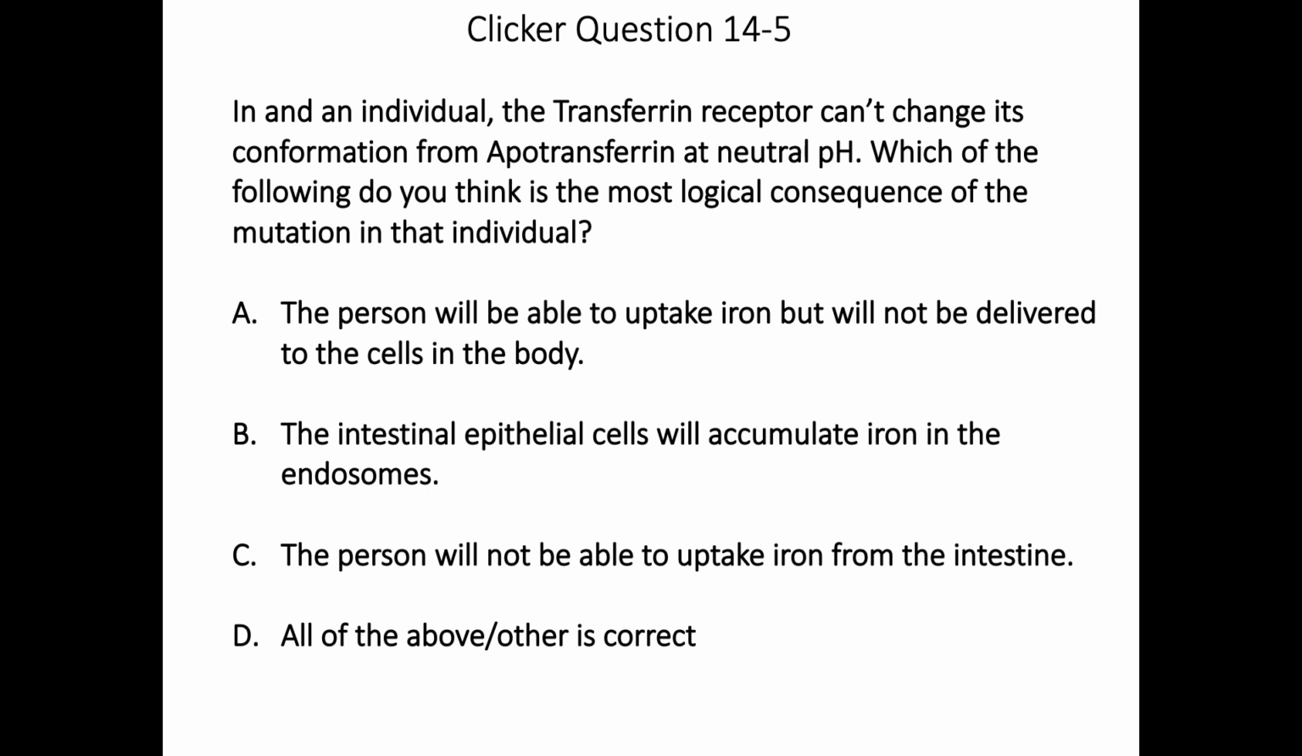So that release of the apotransferrin is not going to happen on the cell surface, so it will not be able to catch any iron. So the option that the person is able to uptake iron but it will not be delivered to the cells of the body is not true, because it will not be able to catch even the iron. Intestinal epithelial cells will accumulate iron in the endosome is not correct, because this has nothing to do with the pH, since you are not getting the iron at all. The person will not be able to uptake iron from the intestine is correct, because after being recycled,